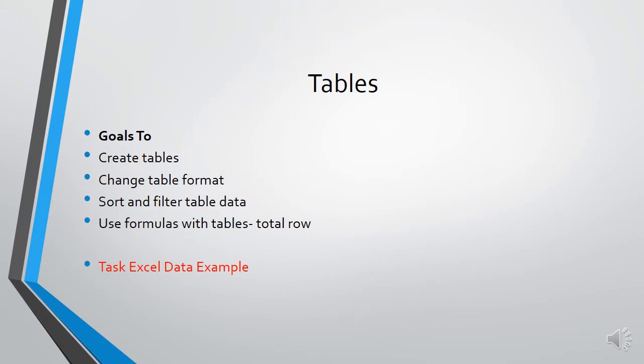So the objectives of this course are for you to be able to create a table in Excel, change the table formats, sort and filter table data, and use formulas with tables. An example of such formulas would be the total row and the average, and you can then find that these are now at a button click. I'll encourage you to go to the task on the dataset that you've been given and carry out the example so that you